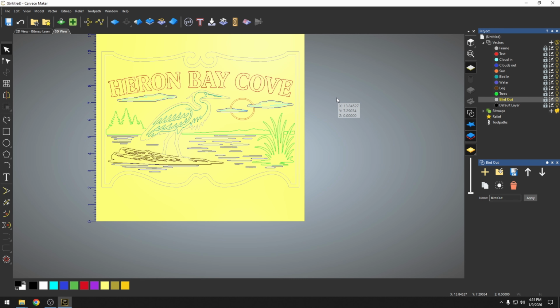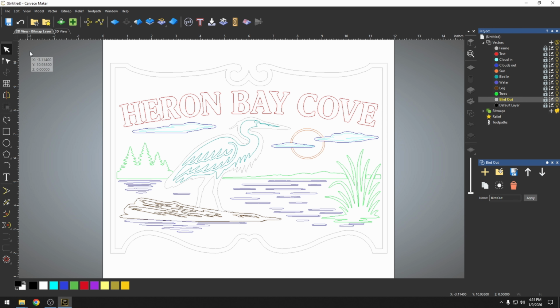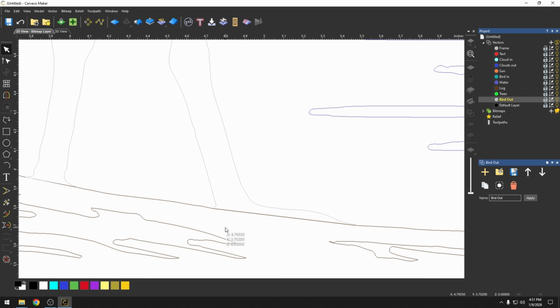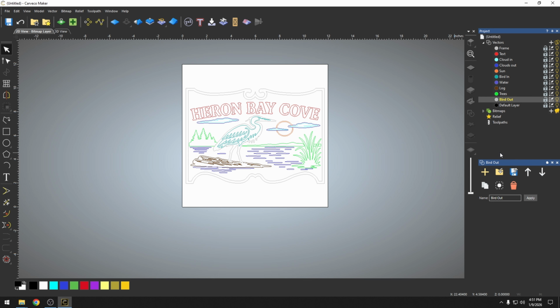After playing around with some of the colors, if I switch back over to the 2D view, you can see how all of my vectors are now color coordinated by layers. We can easily turn any of these off or on if we want to work on just one part of our